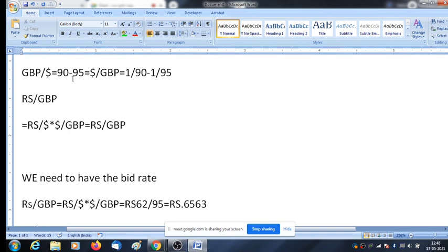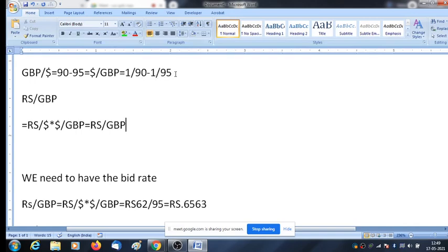Yes, sir. So in that case, what we'll do, we'll take the inverse of the currency. Inverse means 1 divided by that currency. Means from direct quotation, we are converting into an indirect quotation. Means it is given in terms of dollar per GBP, I will convert it into GBP per dollar. If I take the inverse, automatically it becomes GBP in terms of dollar. It's a rule. Got it? Yes, sir. Inverse means just one divided by that thing.